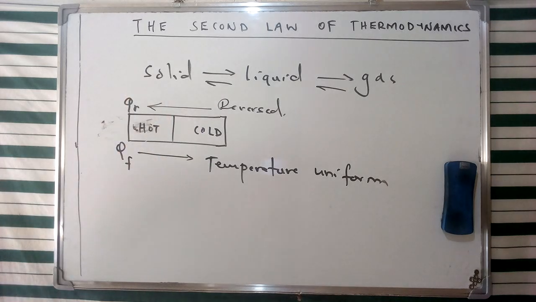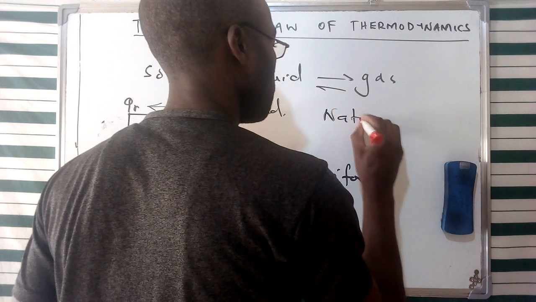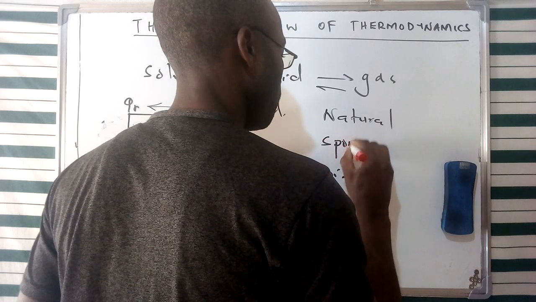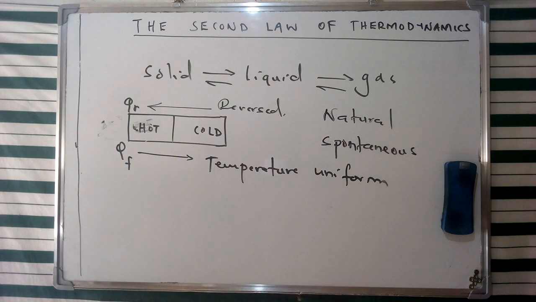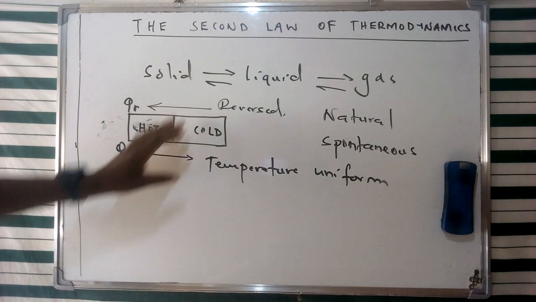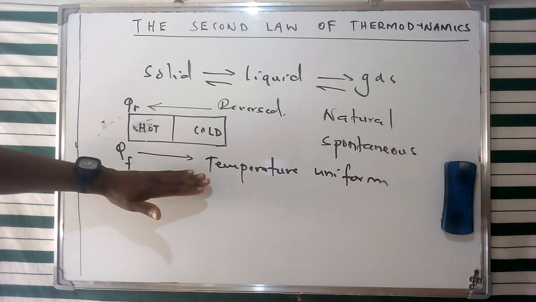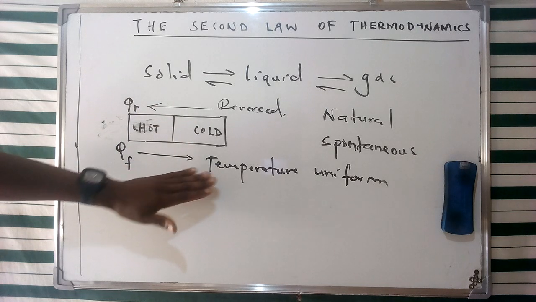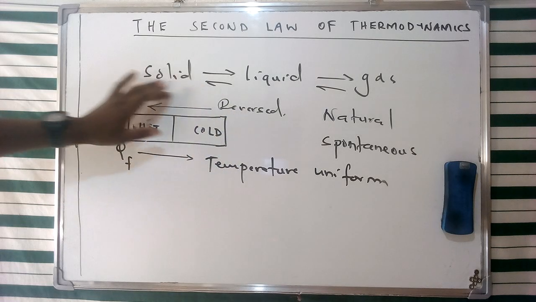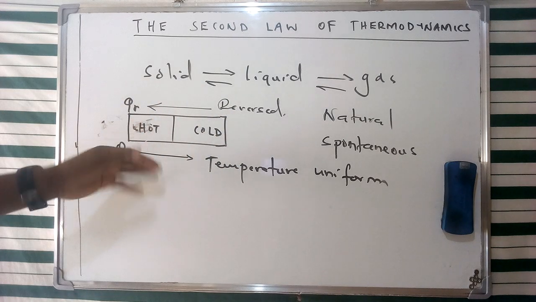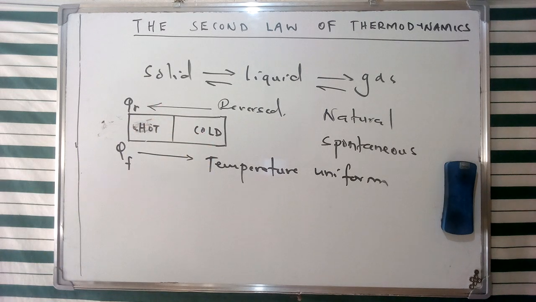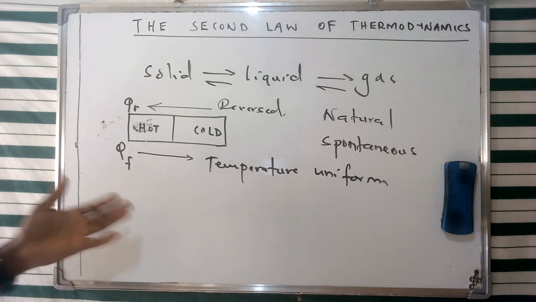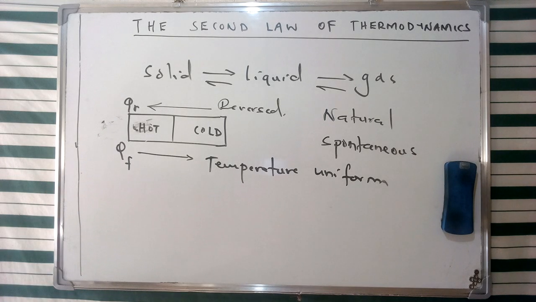So therefore, if we consider this one to be a natural or spontaneous process, it's going to occur in a manner where all the energy which has been used in this particular forward transformation is not going to be achieved in the reverse transformation, since some of the energies are going to be used, or it's going to cause some changes in some parts of the system or its surrounding. Therefore, we can see that this particular process is going to take place at a finite